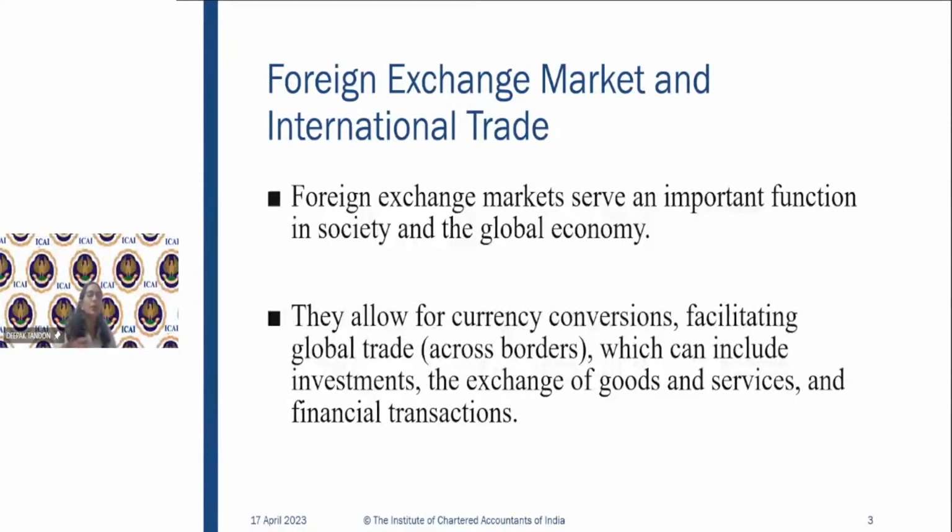So it is an important function for the society, for the nation, and for the globe, foreign exchange market. Nobody can escape from foreign exchange market. Because if you are an Indian player, say Flipkart in India, can they escape? Because who's competing with Flipkart? Amazon is competing. You cannot ignore Amazon as a Flipkart player, isn't it? So whether you like it or not, you have competition in the market with respect to foreign players,